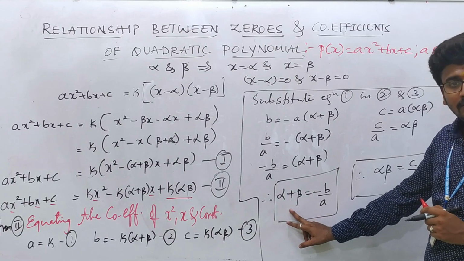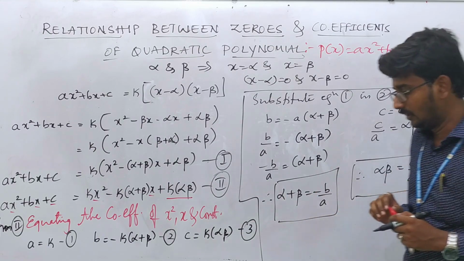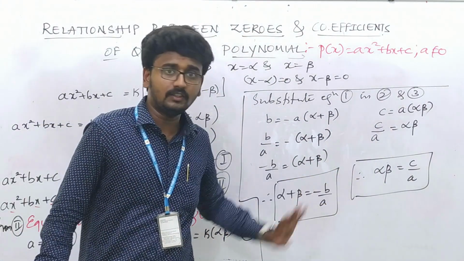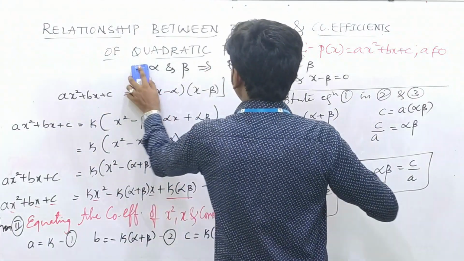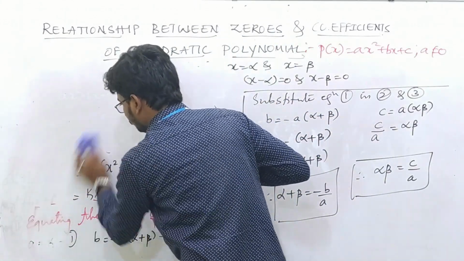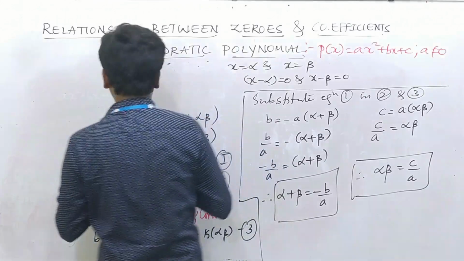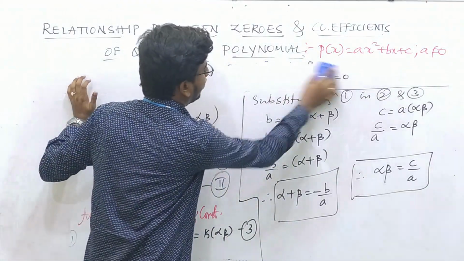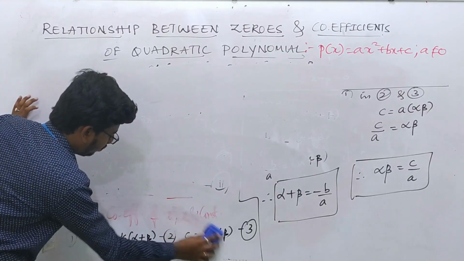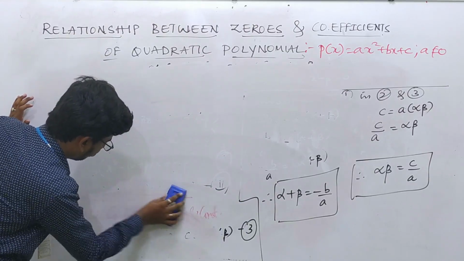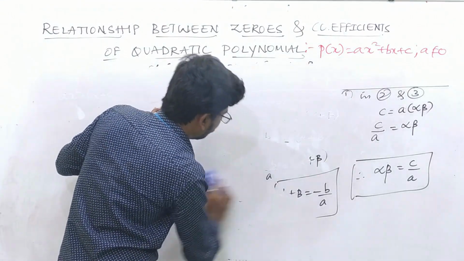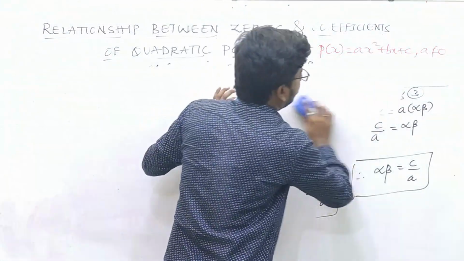This is the sum of the zeros, this is the product of the zeros. So with the help of a quadratic equation, I can verify the relationship. Now what if the sum of the zeros and product of the zeros are given? I said cubic polynomial also. You can prove it for a cubic polynomial in the same manner by taking x minus alpha, x minus beta, x minus gamma, and equating. But since it is not in your syllabus, there is no need to go into a brief derivation. But I will tell you the equation for that.